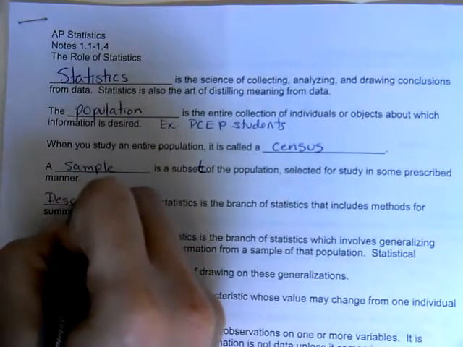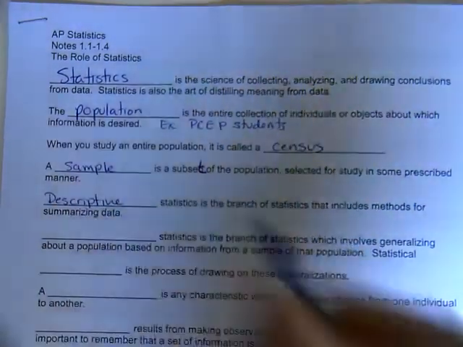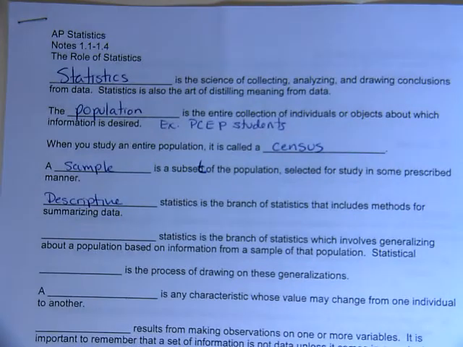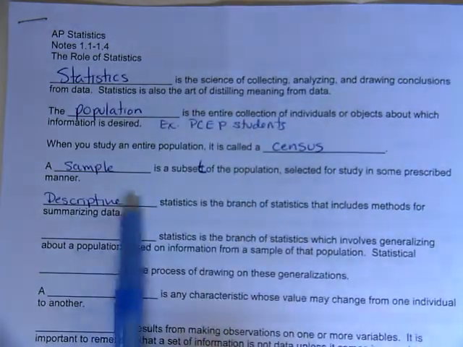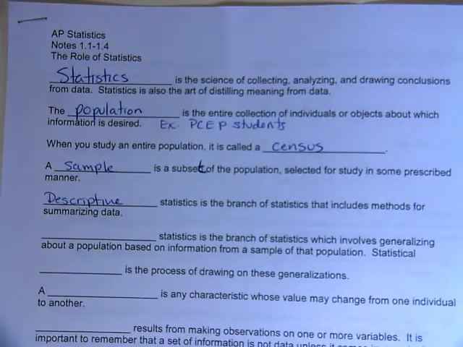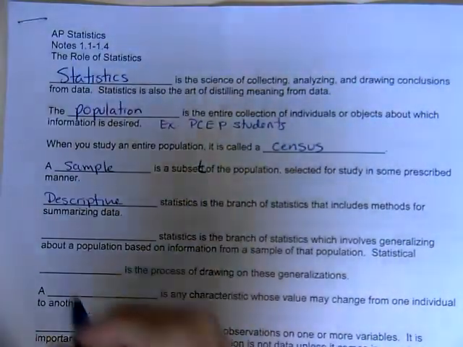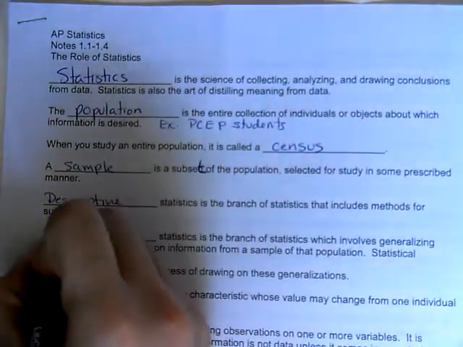Descriptive statistics is the branch of statistics that includes methods for summarizing data. We sort of do that first semester. We'll talk about tables, graphs, pie charts, box plots, anything that's descriptive we look at in the first semester. Second semester is all about